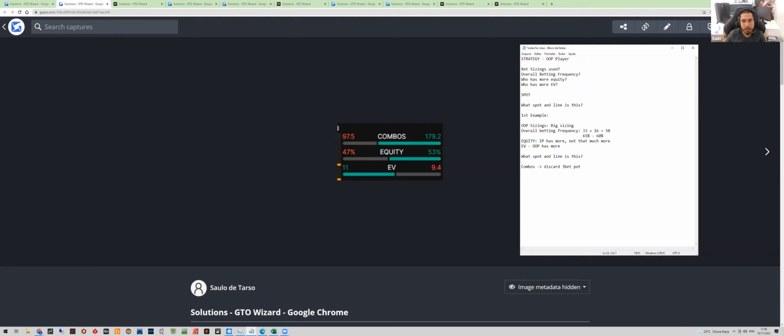And then you guys are missing the size of the pot. By taking a look at the EVs and summing the EVs, you can know the size of the pot, okay? Because you can never win more than what is in the pot. So basically, the sum of the EVs here is 11 plus 9.4, and this is 20.4. So the pot size in this node is 20.4 blinds, okay? Both players cannot win more than what there is in the pot. So basically here we